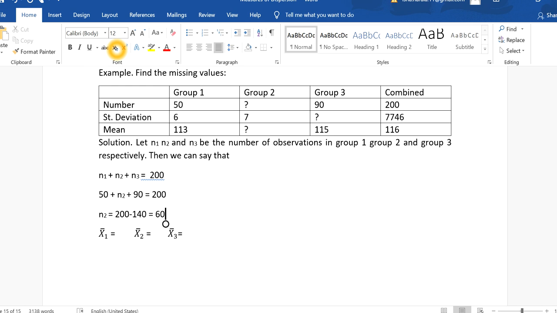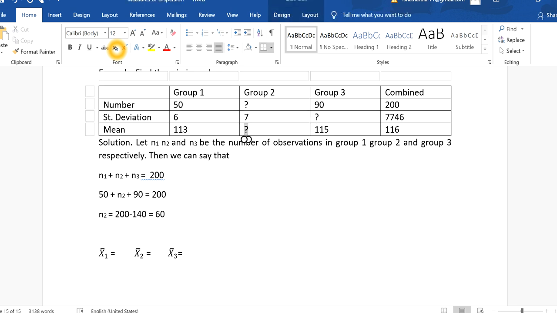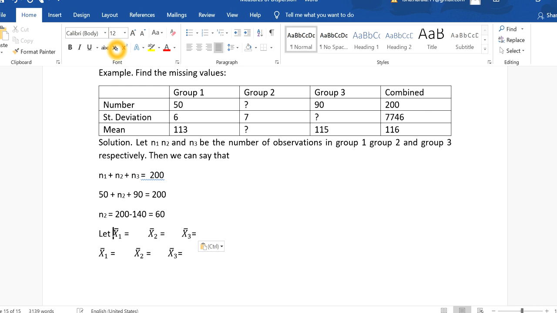Now let's move forward with the mean values. Because we have to calculate the combined standard deviation, first we need the combined mean. So instead of solving this part, we will first solve the mean part. Okay, so let's start with the mean values. Here let x bar 1, x bar 2 and x bar 3